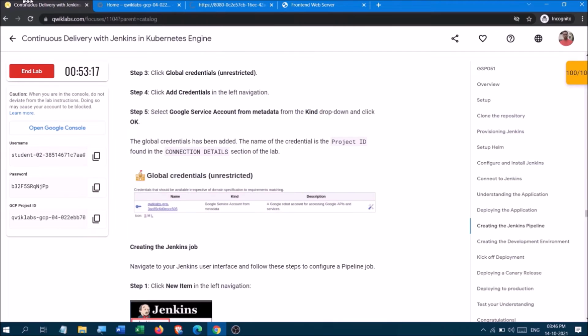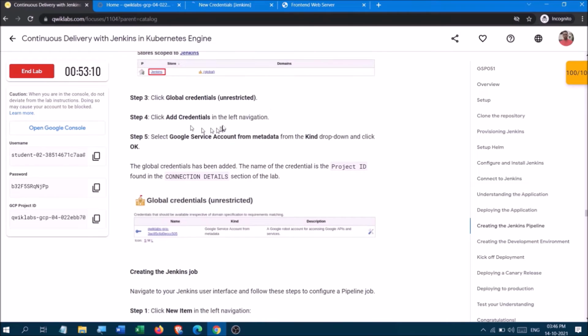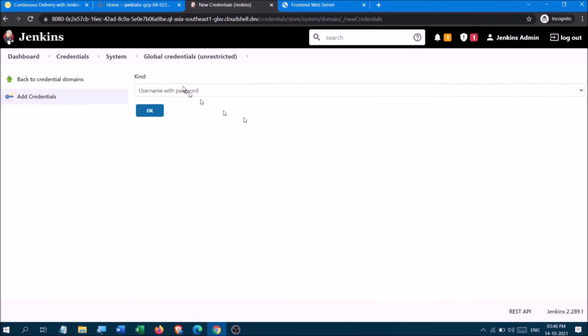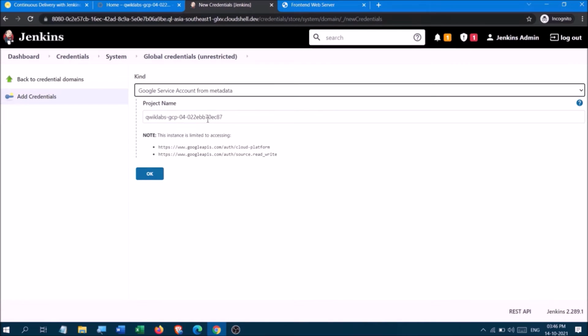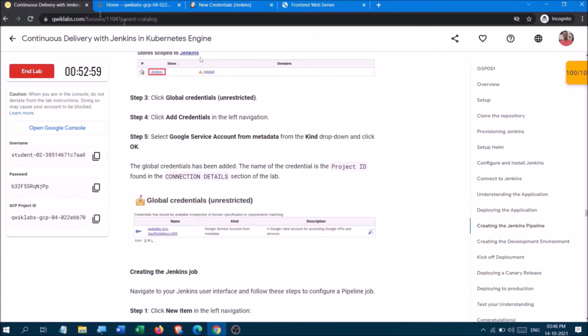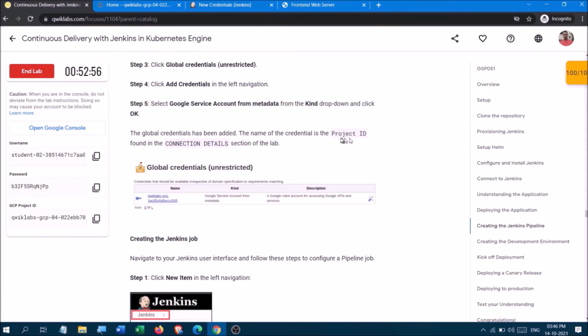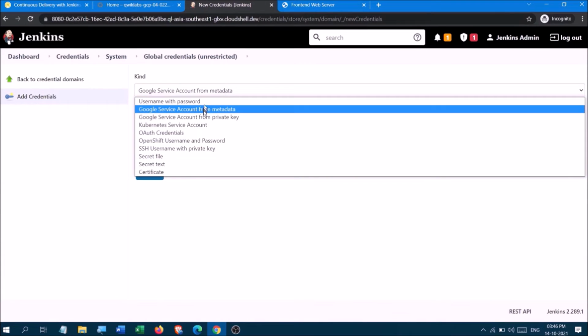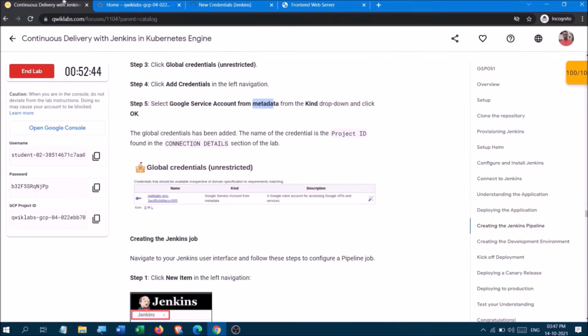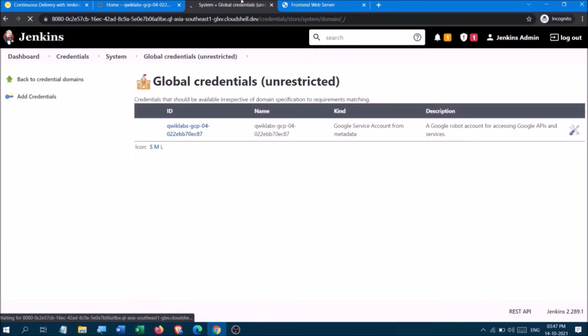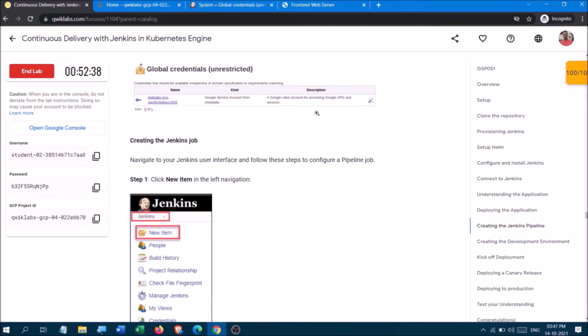Yes, add, so add, okay, metadata key. Okay, so here of course the project name comes. Metadata from the drop down, so you have to click here and click OK. Okay, it is done.